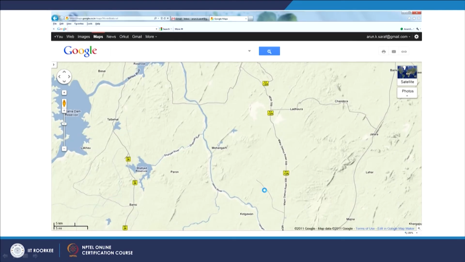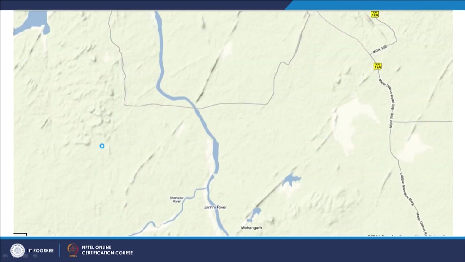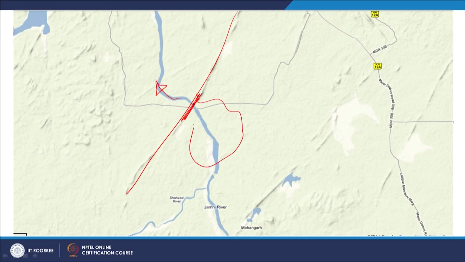Even if you use a Google Earth image and a Google Map image, you can see these quartz reefs very clearly, because Google Map also has a digital elevation model in shaded form, showing the hillside. So, these things can be identified, and water bodies are also shown there. The data is available. See here, the quartz reef is running like this, the river is moving like this, and the only thing we require is to block it to make a reservoir like this. So, this is one option.